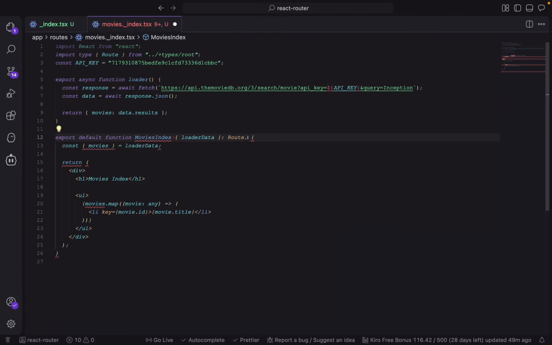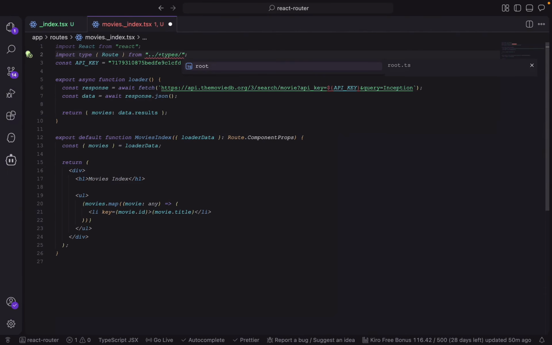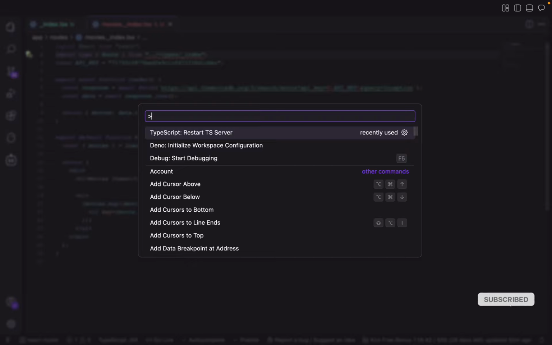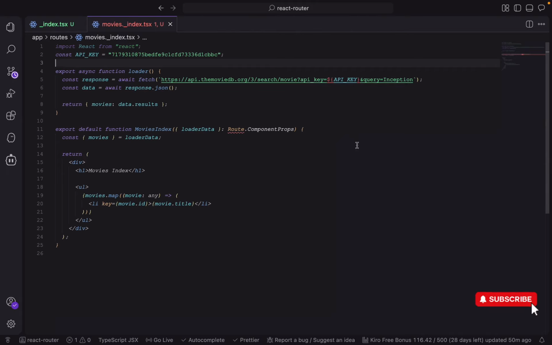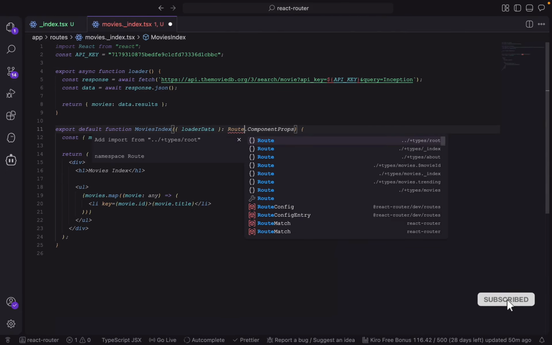Okay, I think I imported the wrong route component. That is why it is complaining. Like, we need the index. Okay, yes, we need to import the route from the route plus types slash movies dot underscore index, since this